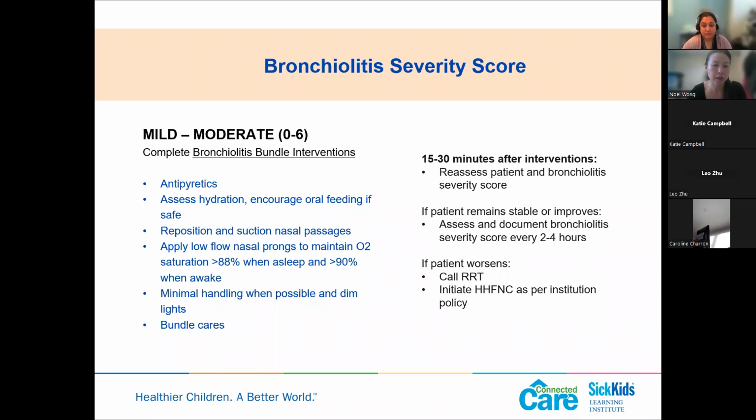We talk about bundling our care as well as minimizing the stimulation. So, you know, you want to actually physically bundle your child and then dim the lights. Clustering care is helpful. So we want to emphasize doing these things in this bundle of interventions. Give your patient about 15 to 30 minutes afterwards. So let them settle for a little bit, see if these interventions are actually effective, and then go back in